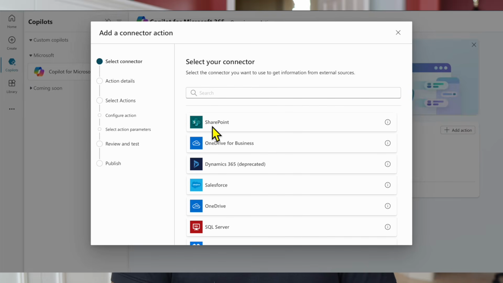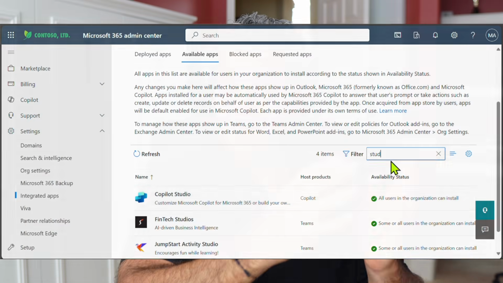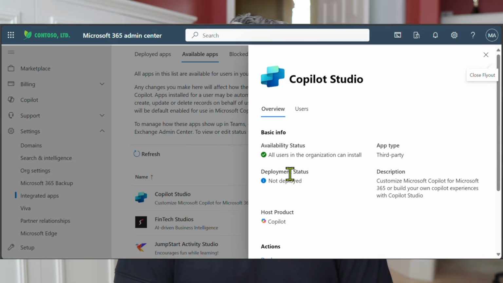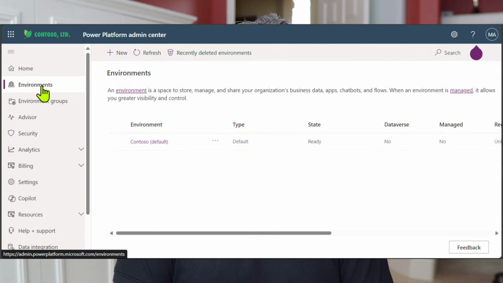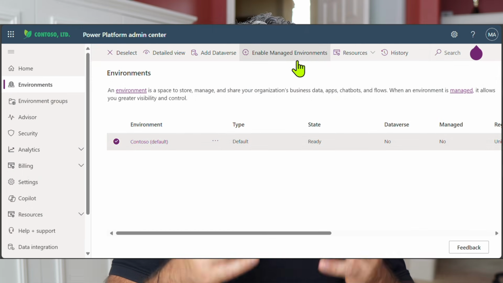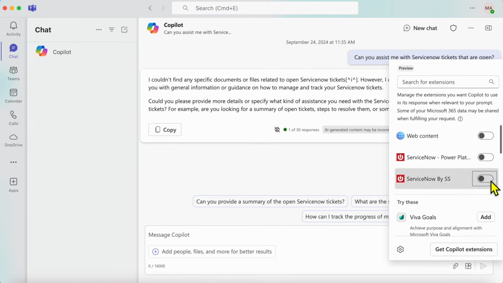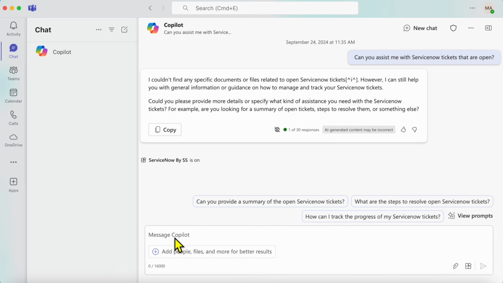configure them. But I'll also show you the steps that you need to take to configure your Microsoft 365 Admin Center and your Power Platforms Admin Center to enable Copilot Studio for M365. And then we'll look at the actual end user experience and being able to interact with ServiceNow using Copilot inside